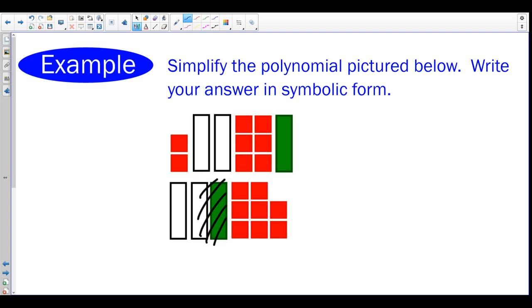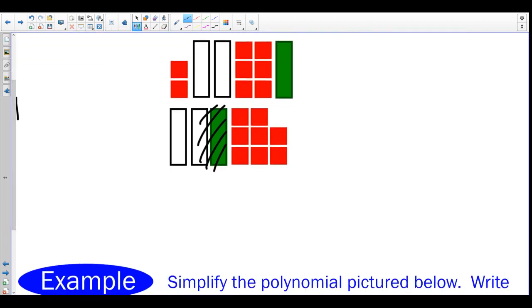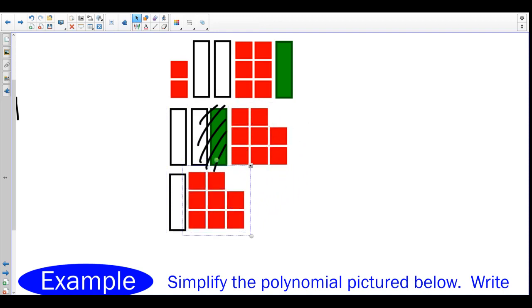And we also have our little red squares. Now they're all little red squares. So because they're all little red squares, that means there's no zero pairs, so that's all we have. This question does not tell us what letter we're using. The universal variable in math is x. So what we could say is we have just this one rectangle, and we also have these 8